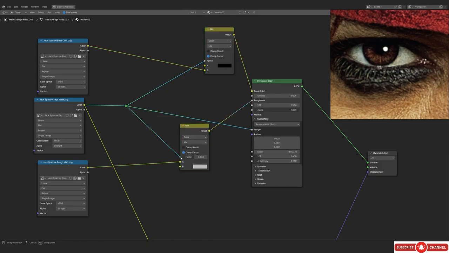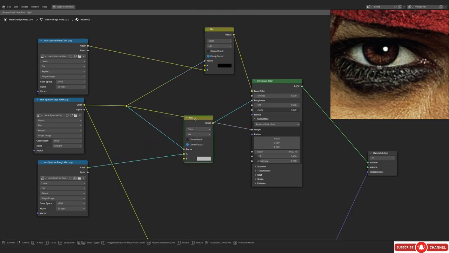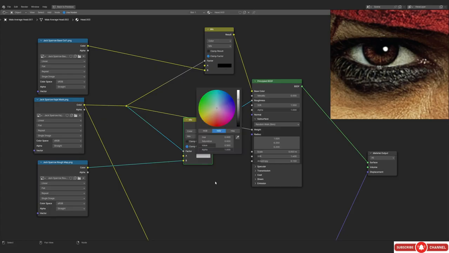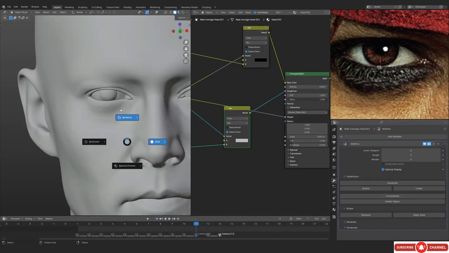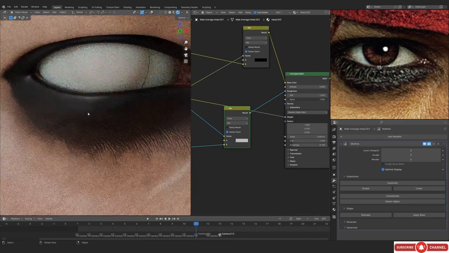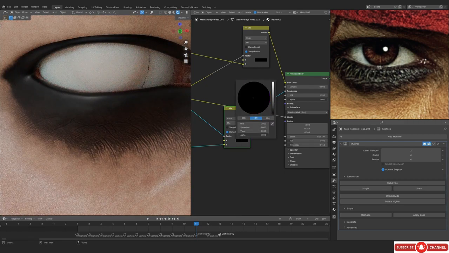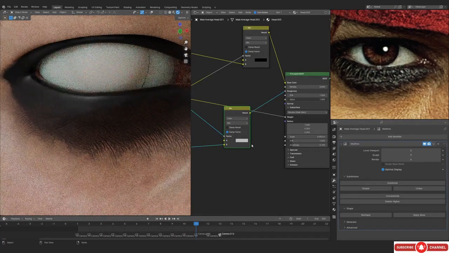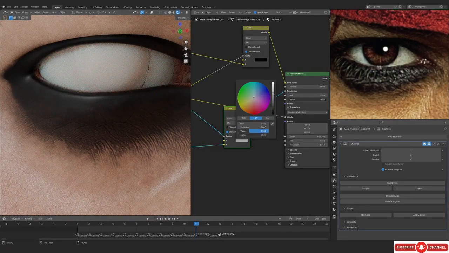So you can actually just put this same mask into the mix color factor, and now whatever you put in the A slot is going to be the roughness of your paint, the eye bag paint. So now you can see we have 0.5 roughness, and if I were to put this to black, it is gonna get shiny, and if I were to put this at white, it is gonna be super rough.